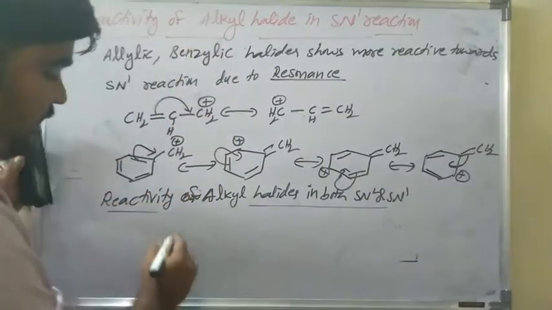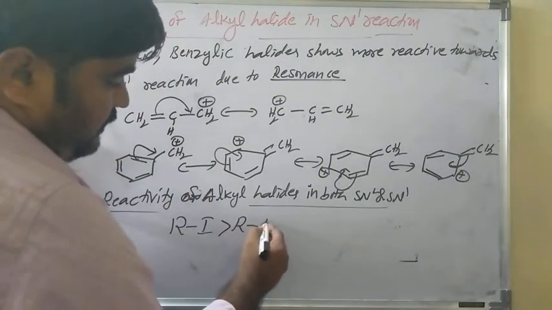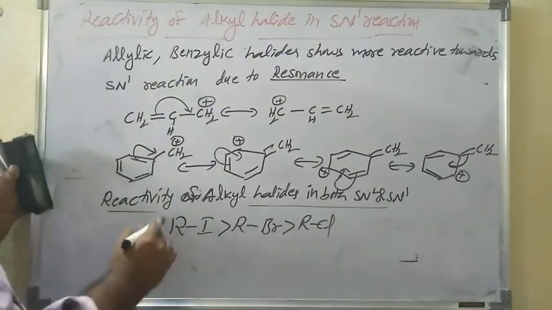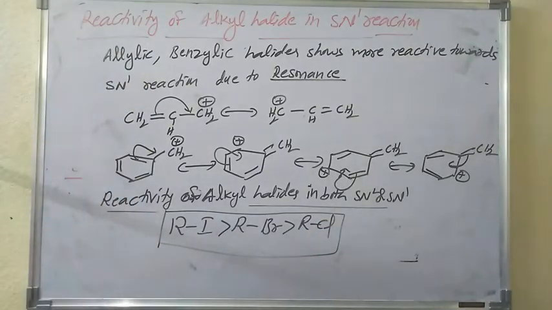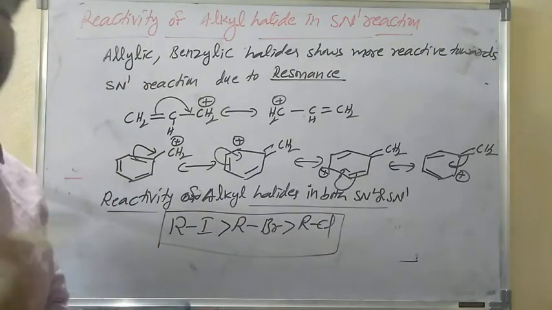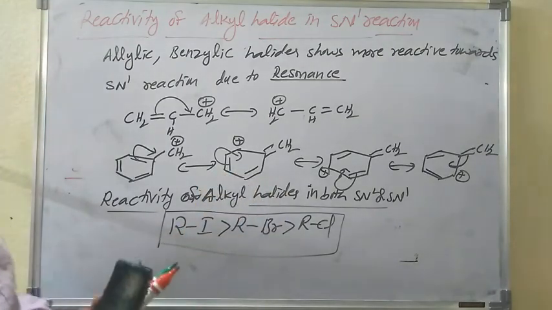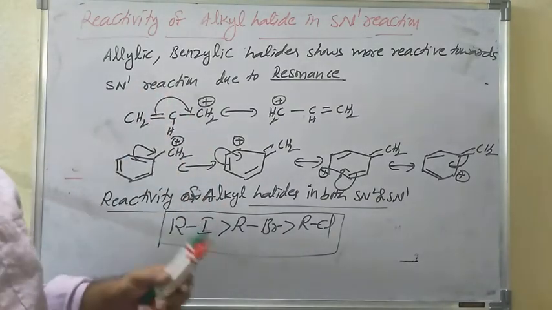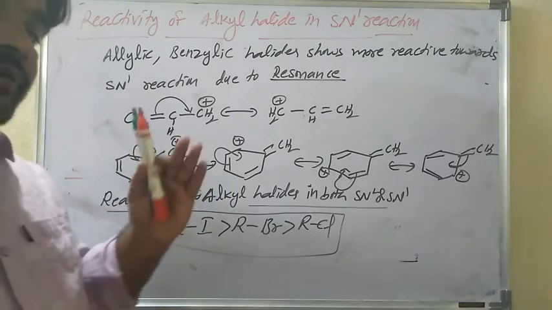Among the different alkyl halides, alkyl iodide is more reactive than alkyl bromide and alkyl chloride. It is very important. Along with tertiary carbocations being more reactive towards SN1 reaction,